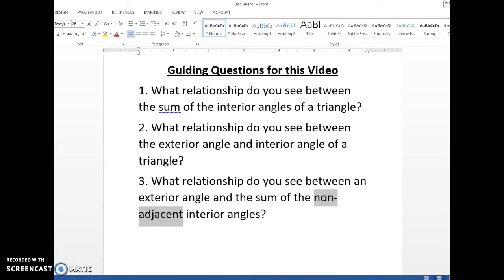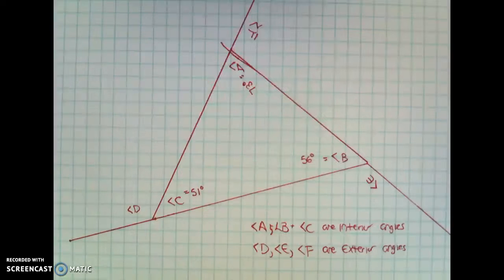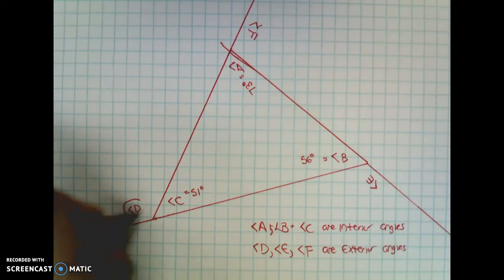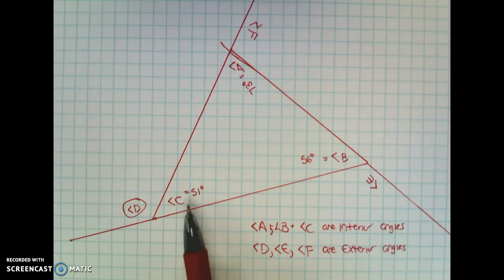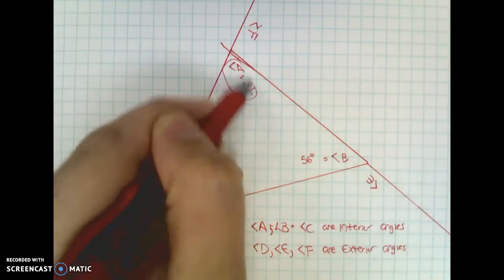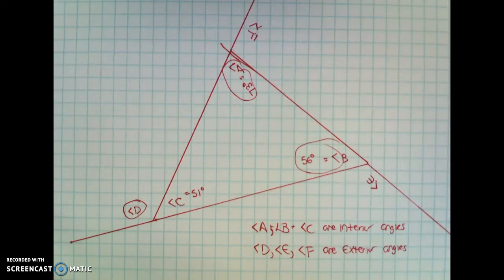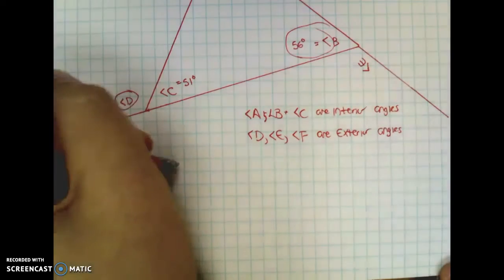So in the example here, going back to the document camera, angle D, I basically want you to tell me what relationship that has with the sum of the non-adjacent interiors, meaning not C, because C is adjacent, but adding A and B together. So you're going to answer these three questions on a separate sheet of paper, as well as have your two drawings. And so to complete this task, make sure you have minimum